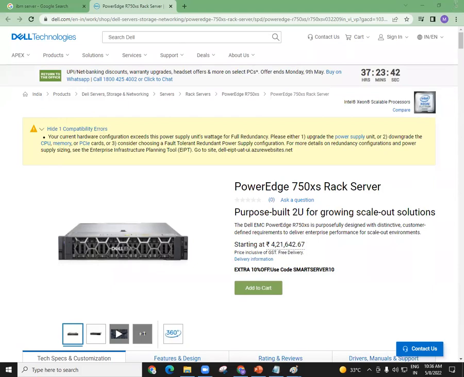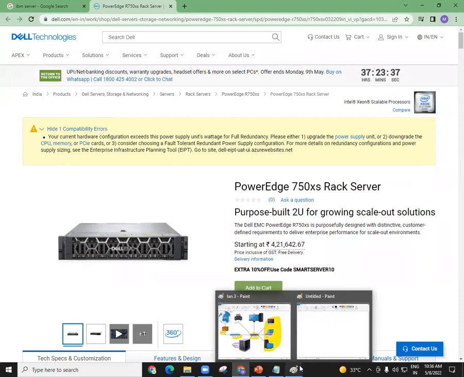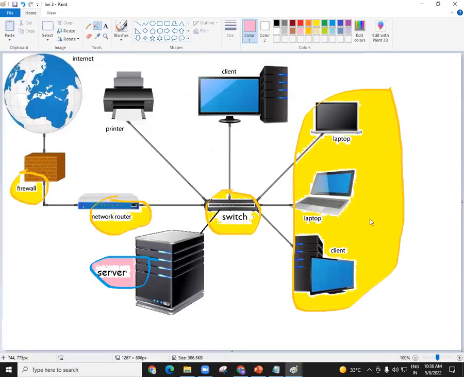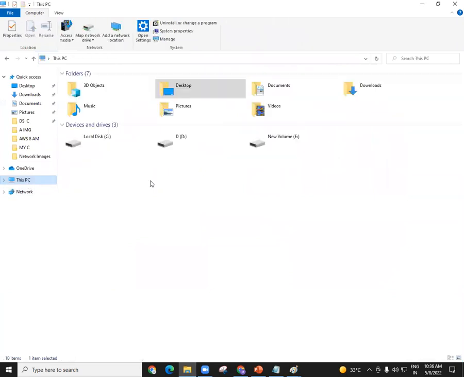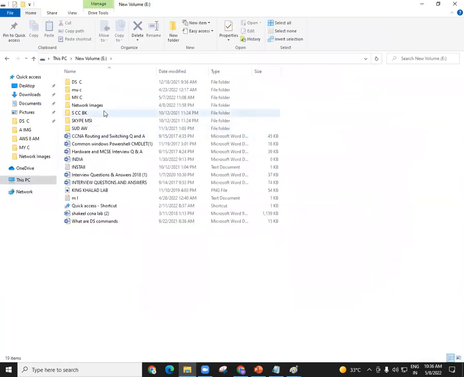They need to run their applications. Now, besides server, server is one of the machines. Server is not the only machine. Remember that server is one of the machines. Besides servers, the company has to take many switches, routers, and firewalls. So the company has to spend a lot of money on switches, routers, firewalls and all those things. So making a computer network is not an easy task. The company has to spend a lot of money.